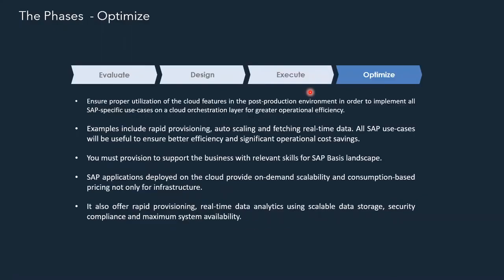Yes, you have designed, you put your landscape in place, you have executed, and production is already there. Now, moving to cloud just doesn't mean that you have everything in place and it's going to be thorough. So ensure you are optimizing your cloud resources thoroughly. In this one, ensure you have the backups in place, optimize your cloud storage usage and cloud server usage, and ensure you have the DB backups configured and the disk snapshots are maintained on your servers so that if anything happens, you can restore them on your VM disk. So these all can be tested during the optimization phase.